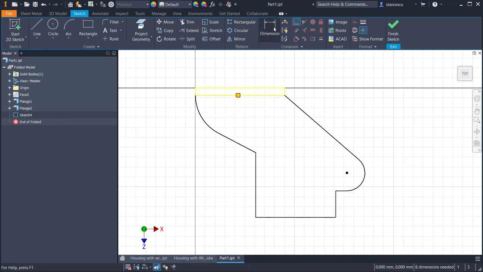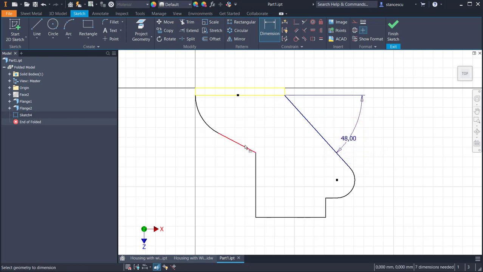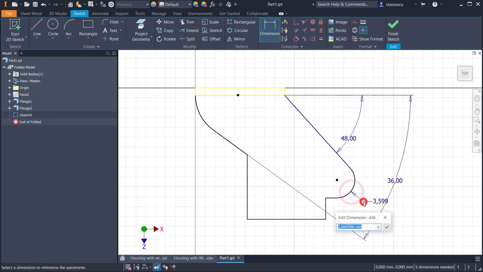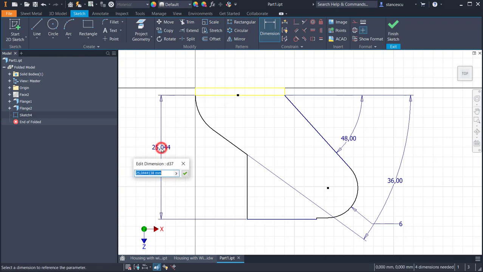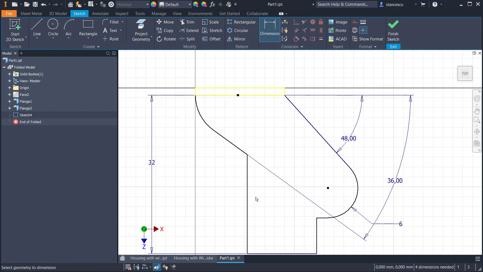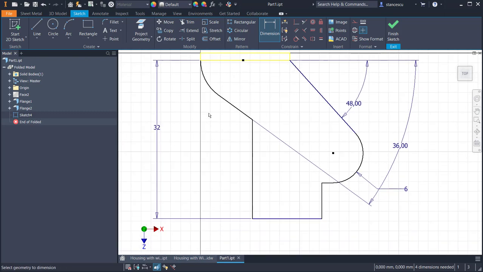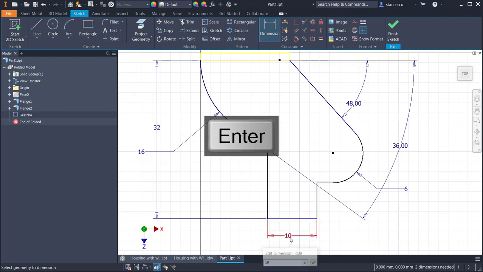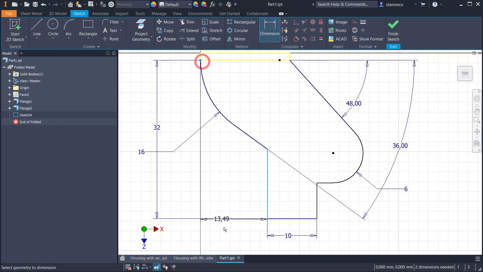And now dimensions. Angles first. 48, 36, radius 6, distance from the inside of 32, then radius 16 here, distance of 17 from here, 17,